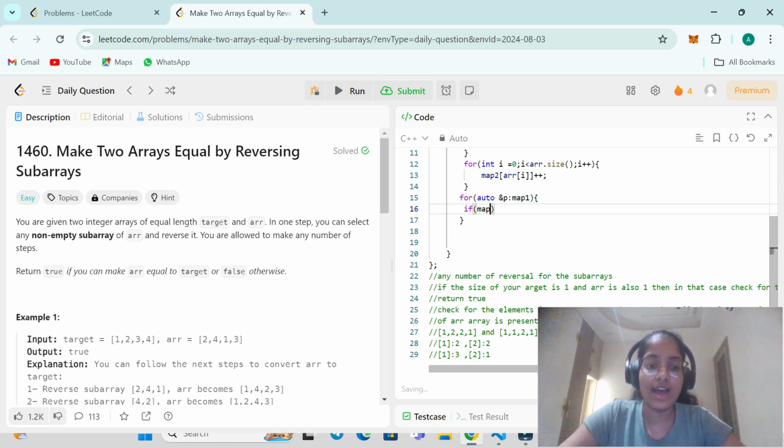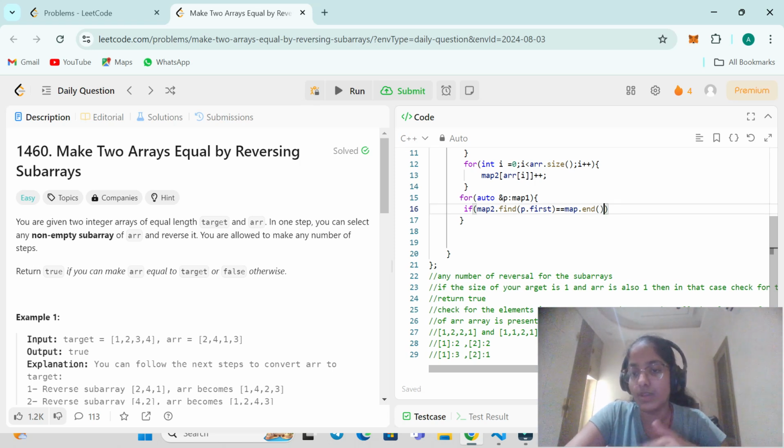Okay. So first of all, I have to find the element p dot first in map 2. So I will use a find function. If it is equal to map dot end, that means that element is not present in map 2. So the element in array 1 is not present in array 2. So that means your answer should be false. Or let's say if it's not equal to map dot end, but p dot second is not equal to map 2's